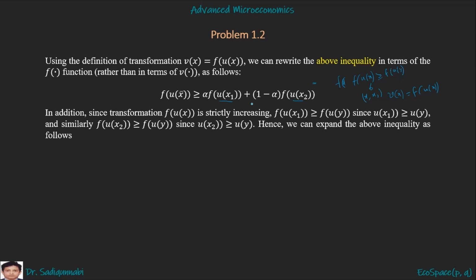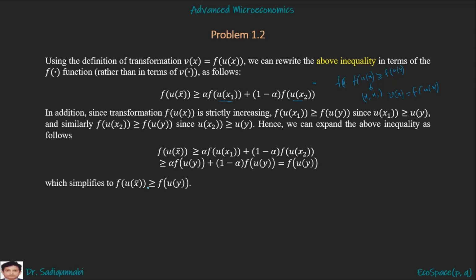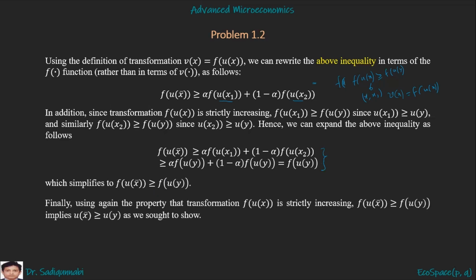Then we can write the above inequality again like this. So function of ux bar is greater than or equal to alpha function of ux1 and 1 minus alpha function of ux2, which is in terms of u, which is greater than or equal to this one. Function ux bar is greater than or equal to function uy. From these two inequalities, we can simplify this, and finally we